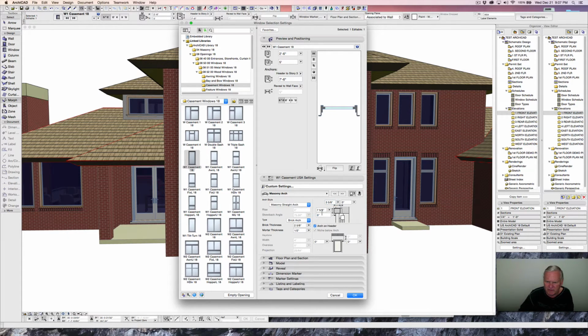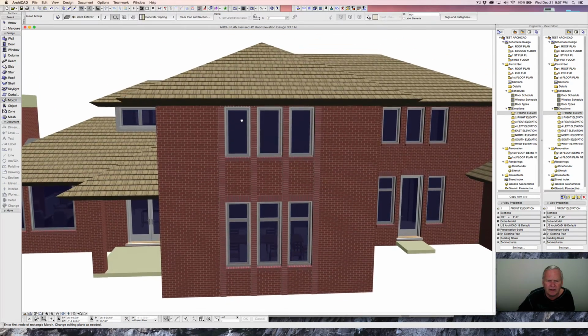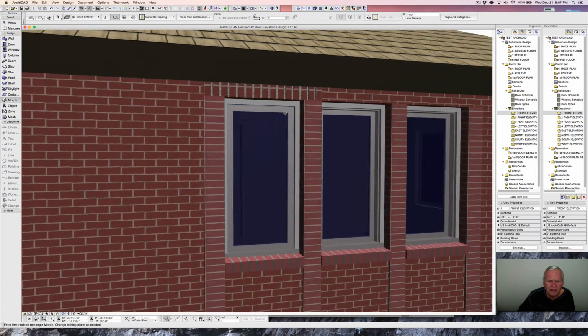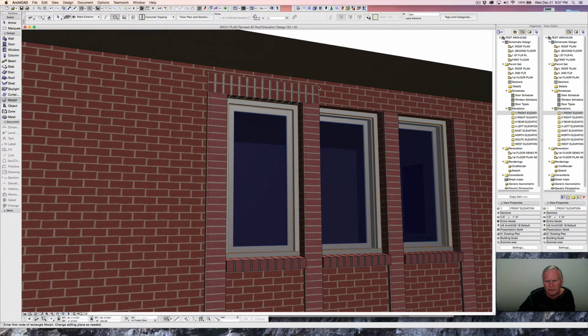So 3 5/8 and 7 5/8. I want 1 inch on the overhang. And then down here on that end one, I want 7 5/8 inches or 7.625 on both sides. And I'm going to say OK. And so that's given me that soldier course. And if you note, that soldier course, we haven't set that correctly yet, because it's giving us a funny looking